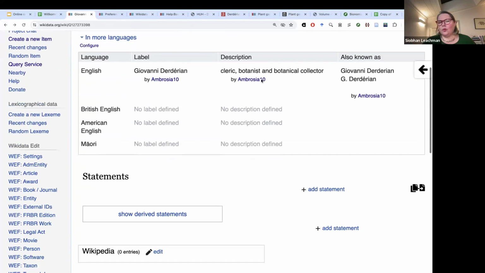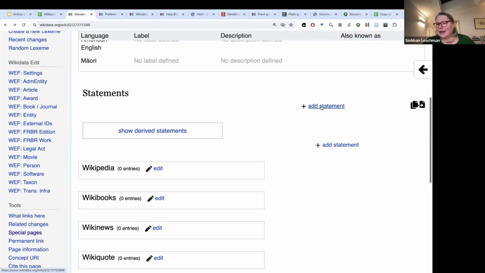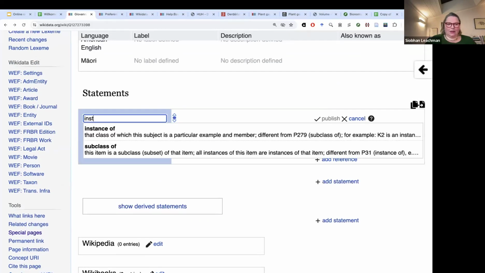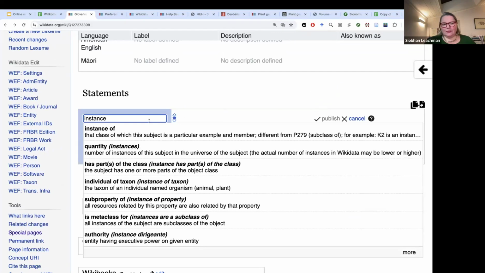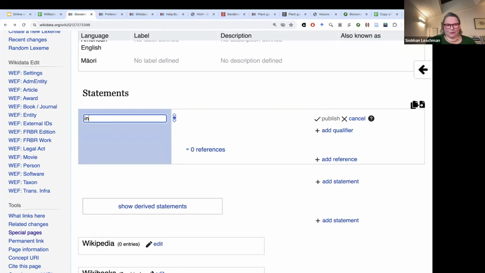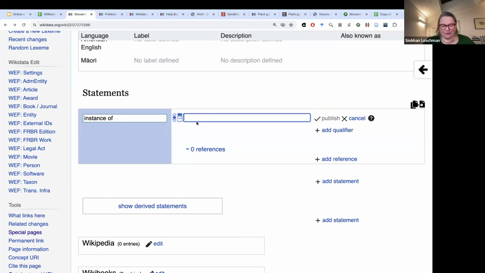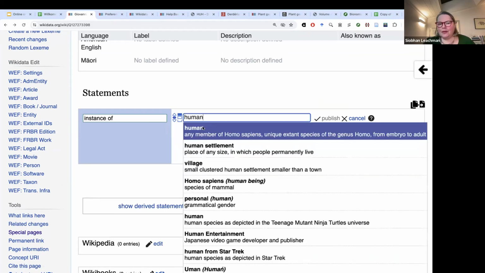Now at the moment, all he's got is a label, a description, and some aliases. There are no statements, no data, no links to anything. So I'm actually going to add a statement first. And the first one I do for humans is, well, actually just go back and hopefully it'll pop up again. No, let's try again. Oh, well, okay. There was an instance of or a subclass of. Those are the two main first statements on most items. In this particular case, he's an instance of human,